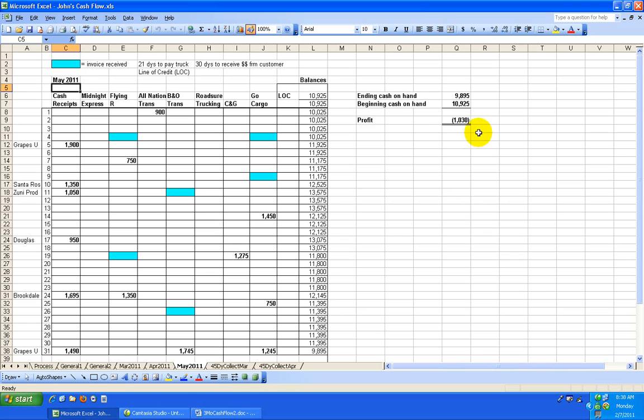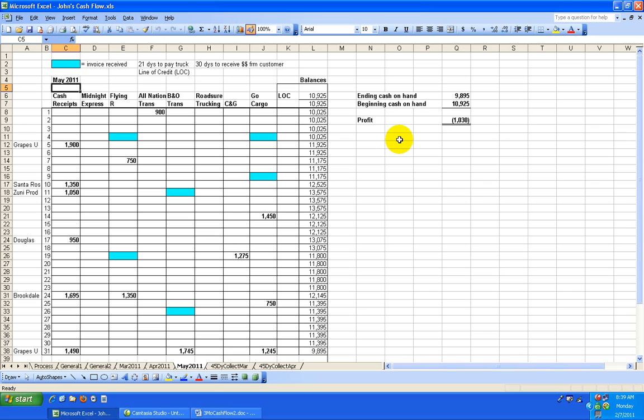And for the month, that's about $1,030 cash disbursement over your cash receipts. Now, the thing I want to emphasize is it really is important that you get your money collected from your shipper as soon as possible. You may be able to work some terms where you get paid quicker. In our training, we show you some techniques where you can get paid quicker rather than wait for 30 days,